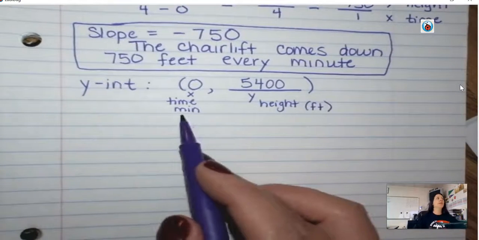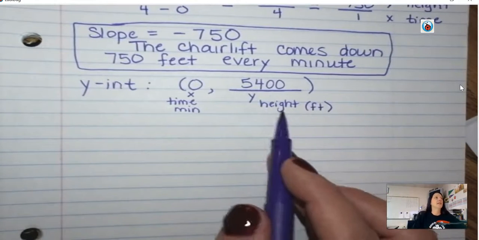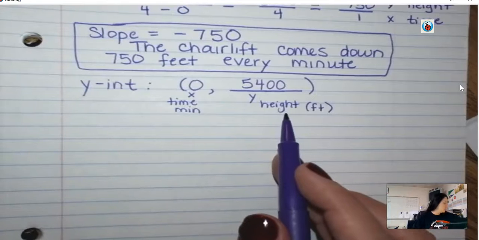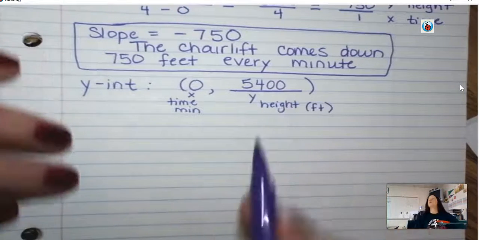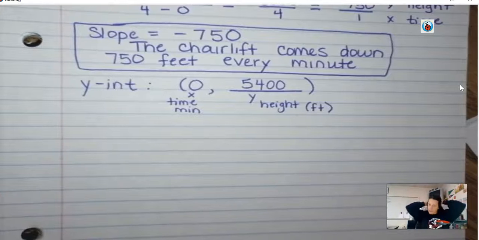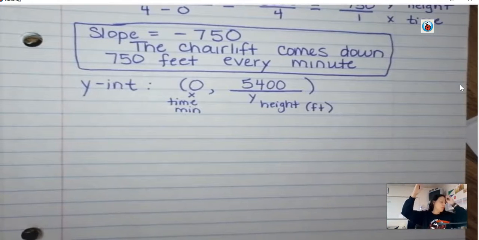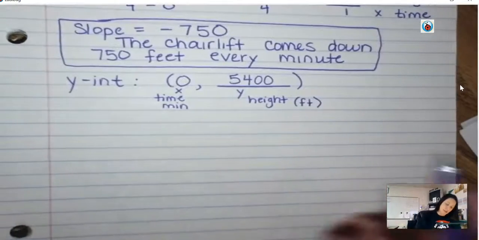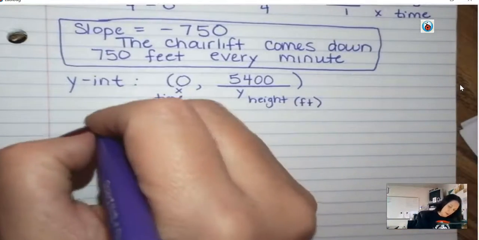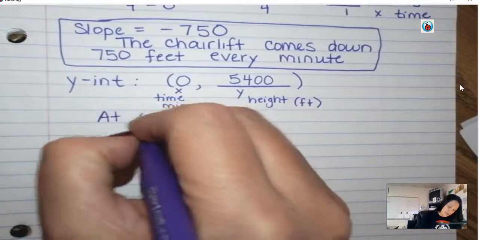So at 0 minutes, the ski lift, or the ski chair, what do they call it? Chairlift, is at 5,400 feet. So something along those lines. That's the top of the mountain. So most of you guys have seen chairlifts. So at the top of the mountain, it's at 5,400 feet, and then it starts coming down 750 feet each minute. So our sentence will be something like, at 0 minutes,